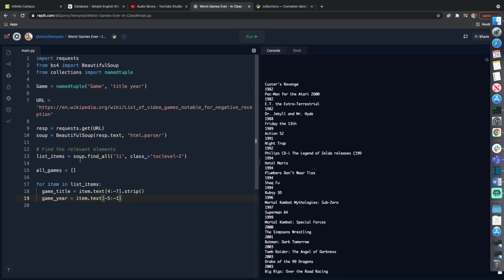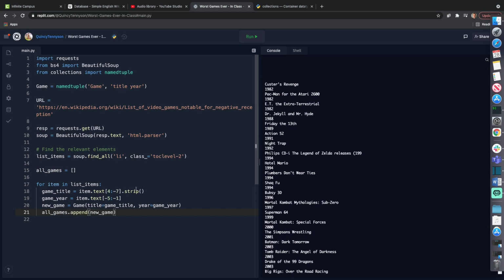And then down here, notice on line 15 I've got an empty list. We're going to fill this up with the named tuples. So here what I need to do is create an instance of my named tuple. I'll simply do the following. New game is game, and then title will be game title. That's this variable right here being stored as the title attribute for my game. And then the year will be game year. Same exact idea. And then what do I want to do with new game? Well, I want to append it to my list of all the games. So we'll say all games.append